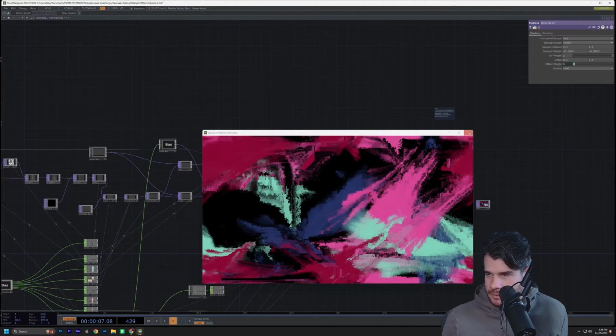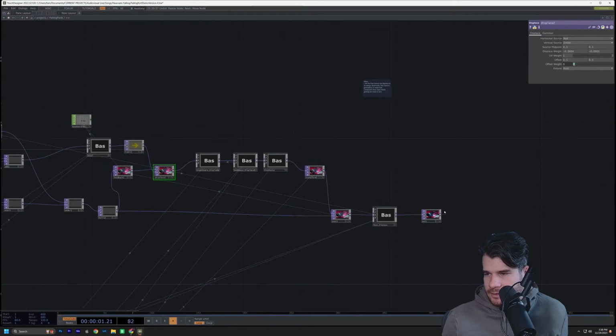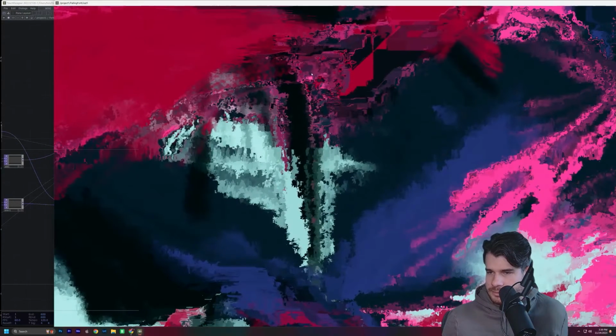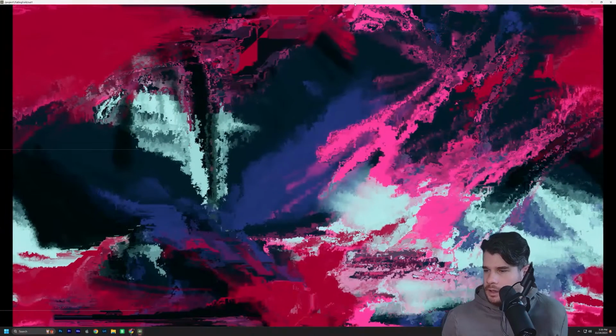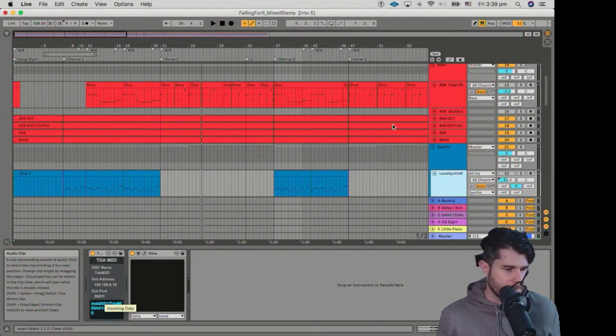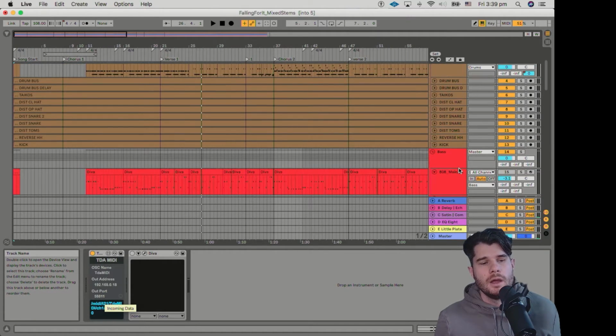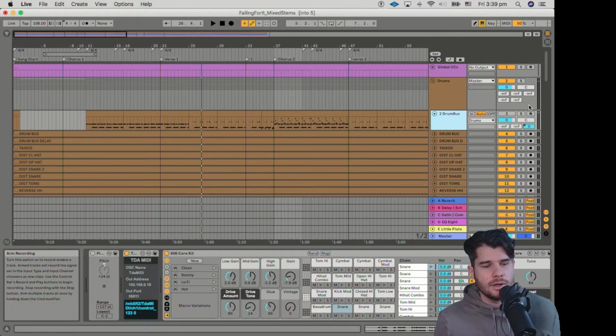So the next element that I added, I think I'm going to do this in the order that I added things. So I'm going to go back to our post-processed version. The next thing that I added was the snare drum. So I'm going back over to my audio computer, just disabling this. Devo is really hard on CPU, and I want to keep it close to real time as possible. So go over to the drums,